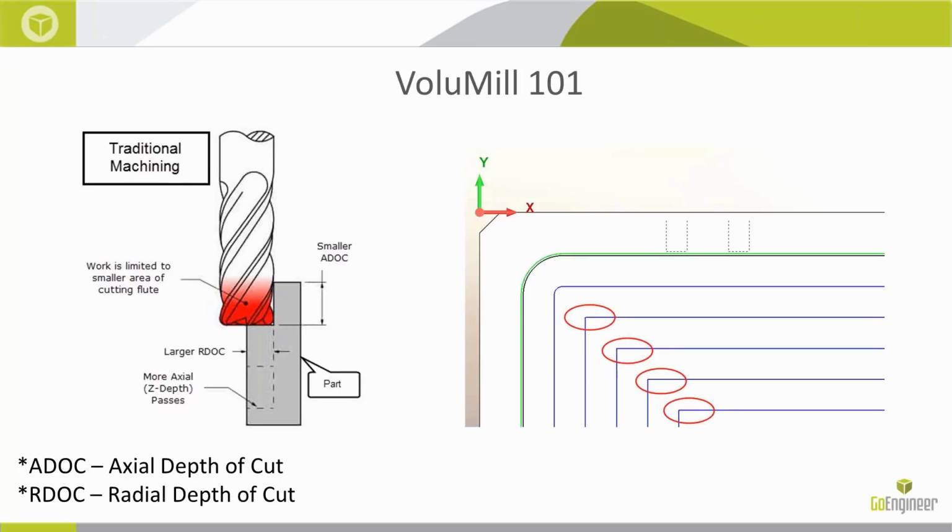The other thing with traditional machining is that it's going to follow the offset profile. So in the example on the right there, even though I have a radius corner, it's a rectangular pocket. Starting in from the inside, there's a sharp transition. This is what we like to term shock loading of the tool. It'll be traveling in an X or Y fashion, and as soon as it hits that sharp corner, it's just going to make a 90-degree transition